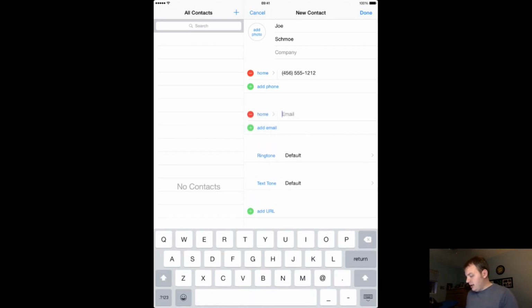You can also add an email, Joe Schmo at somesite.com. Really cool thing about this, though, just a little trick. If you hold down your finger on the period button when you're typing in an email, you can tell you're typing in an email if there's the @ sign there. It'll bring up a little quick entry, and you can pick one of these quick ones. I'll just do